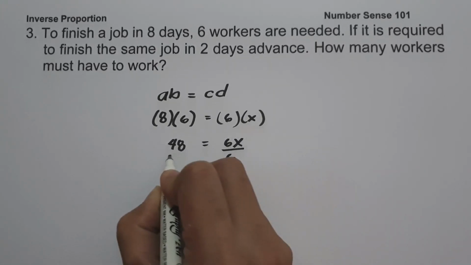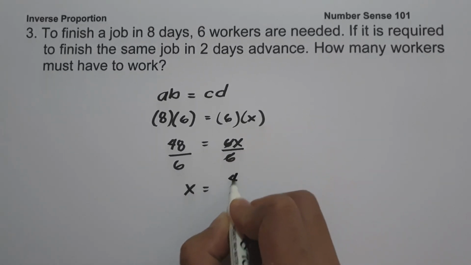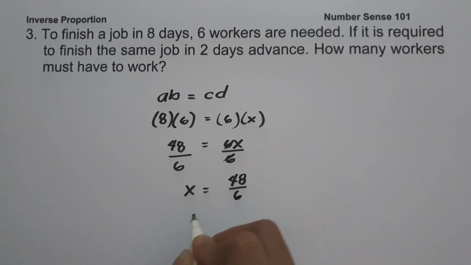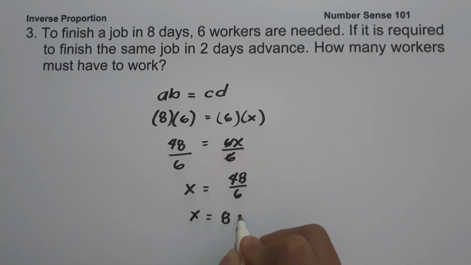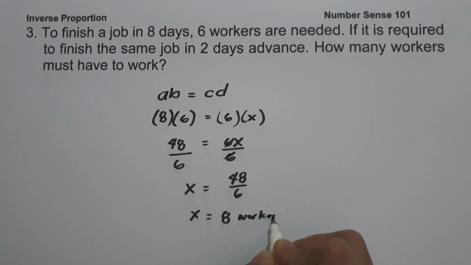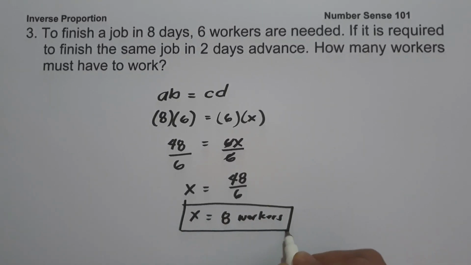Let us divide both sides by 6. Let us cancel this one. So X equals 48 over 6. If we are going to divide, we are going to have 8 workers. So this will be the required number of workers to finish the same job in 6 days, and this will